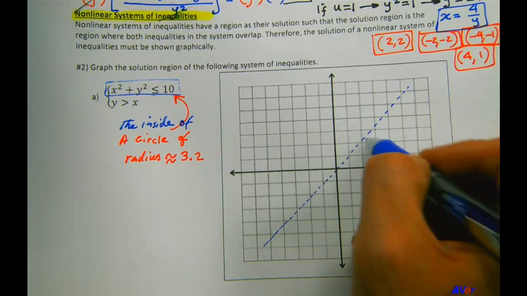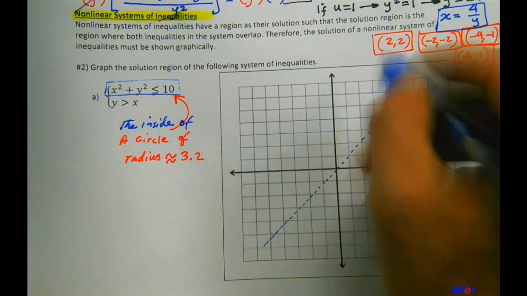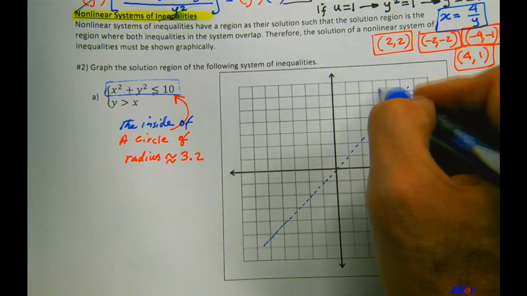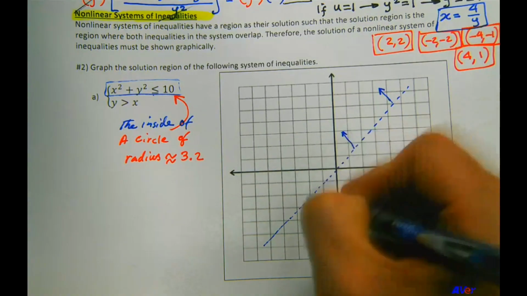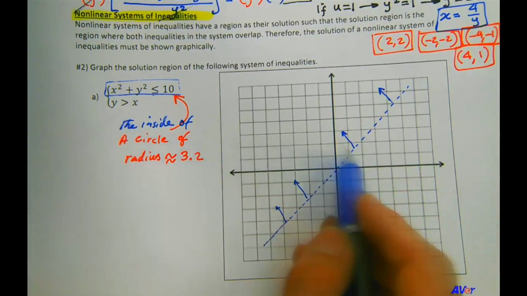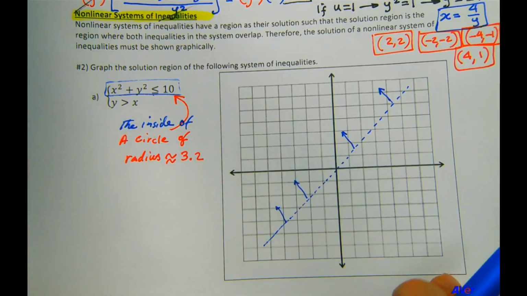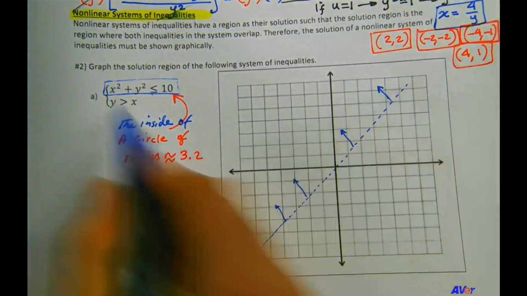Not on the line, because y is not equal to x. So it'll be all the points on that side of this line. Okay? That's the side of this line that should get shaded, y greater than or equal to x. All right. So now the circle